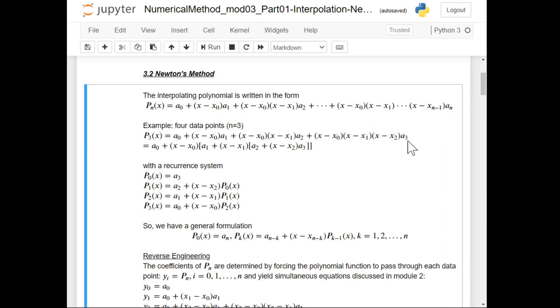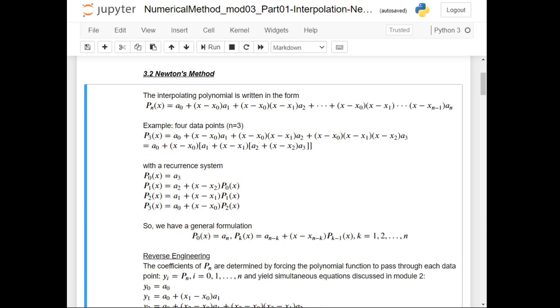So we have this expression here, a0, which is basically the constant value. Then we have the first degree, a1 times x. Then we have the second degree, and then we have the third degree. So basically this is a third degree polynomial. Okay, so you can express this one as this one. Now with a recurrence system, we can